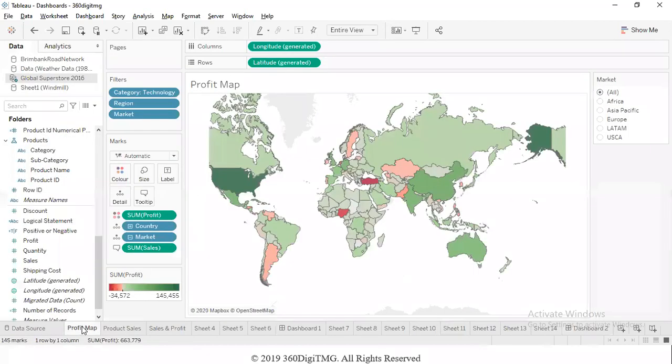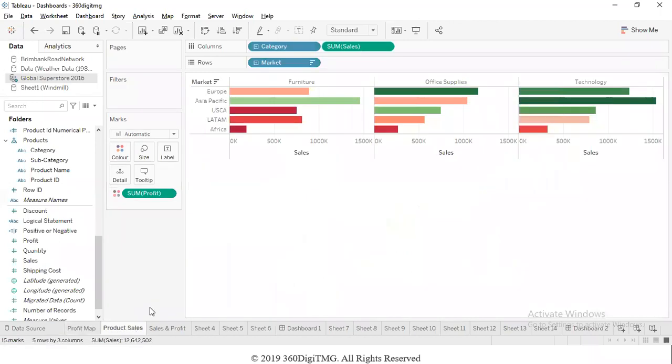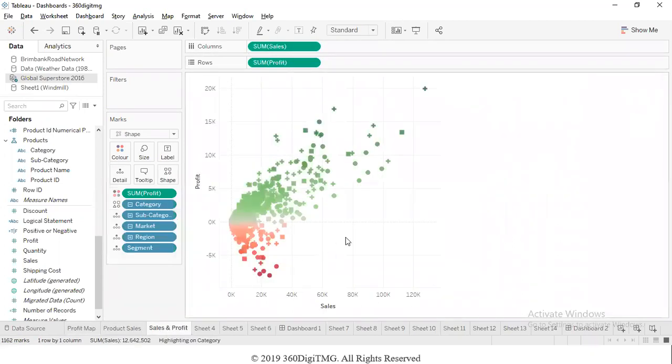So here, for example, this is a map which is colored based on the profit coming from different countries across the world. Red colors obviously are representing losses. Green colors are representing profits. Deeper shades of green are representing higher profits. Now there is one bar graph which is also talking about profit and sales across different markets in different countries. And there is one sales and profit scatter plot. Overall, what is the sales and profit, like the distribution, the correlation. Okay, so we have some data points going high side. We have some members which are giving losses.